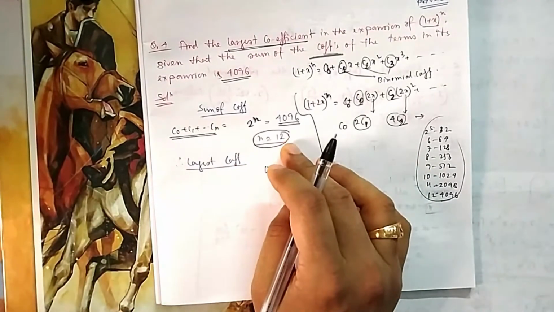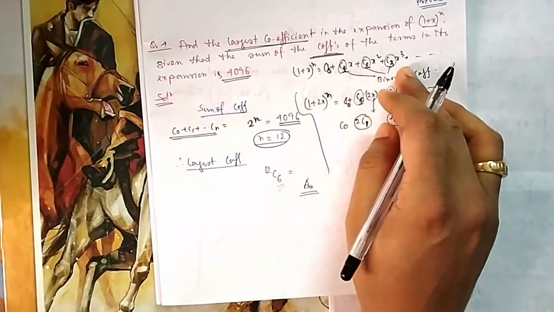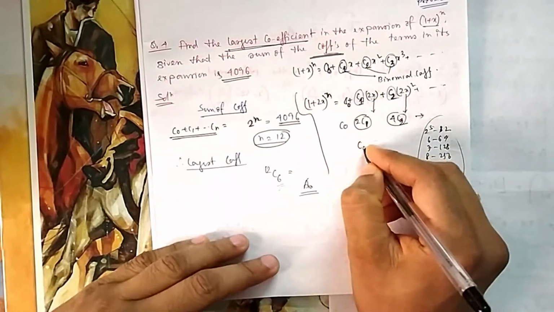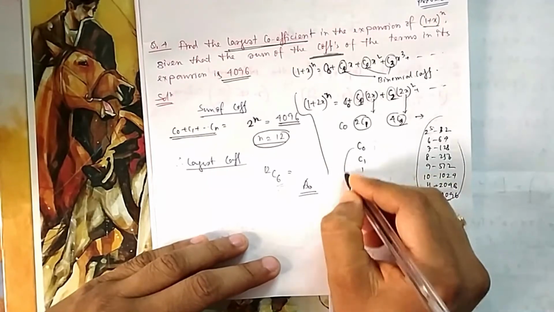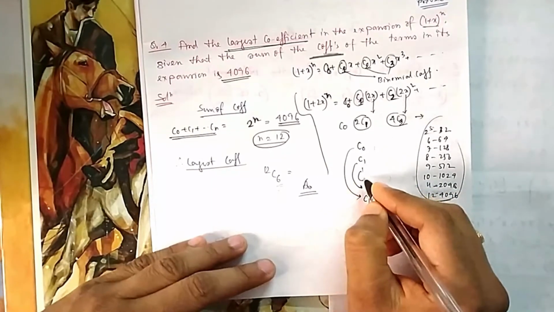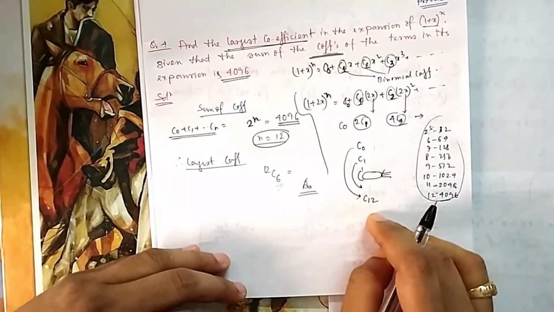Now because n equal to 12 and it is a simple series, you can see which one will be the maximum, because for binomial coefficients you have seen C0, C1 up to, suppose, C12. The first and last become the same, and so on. So which one becomes the highest? The middle one is always the highest one if it is a simple binomial coefficient.